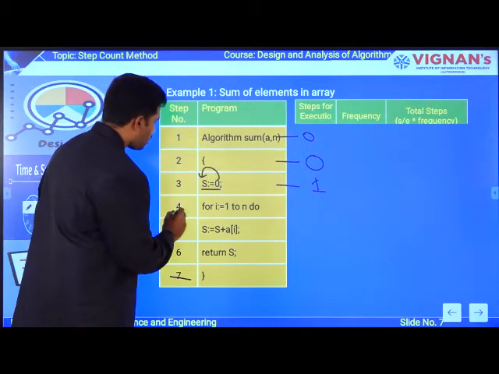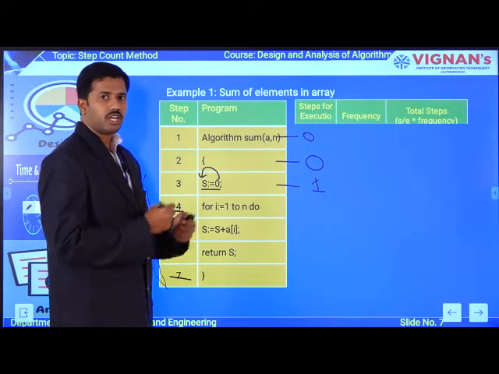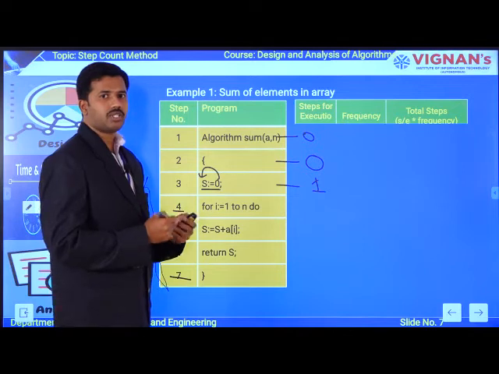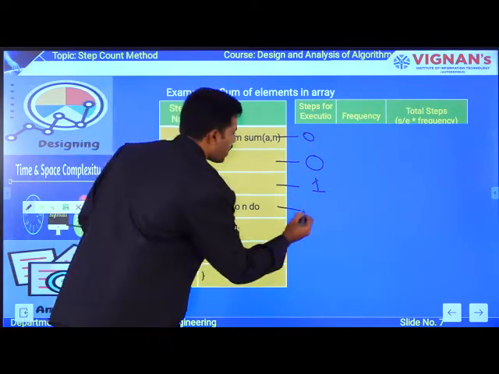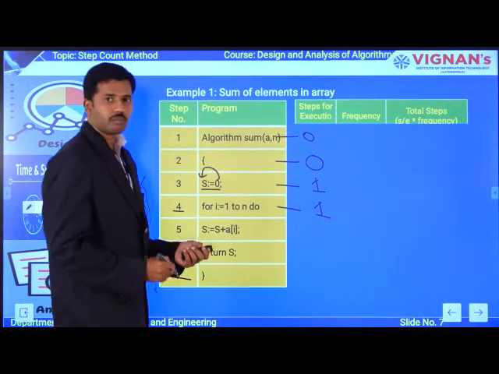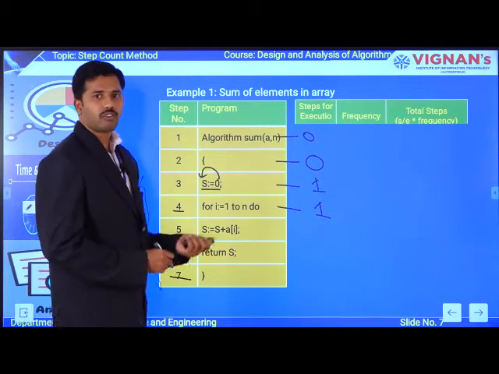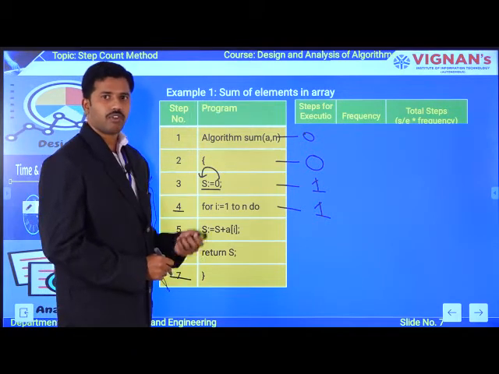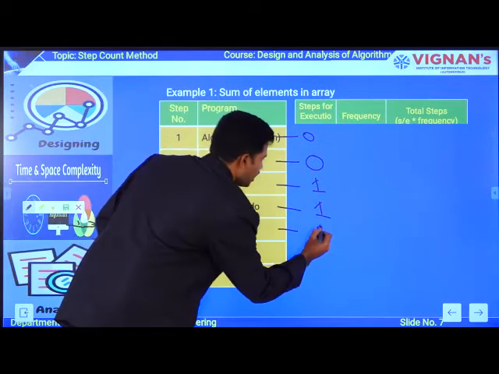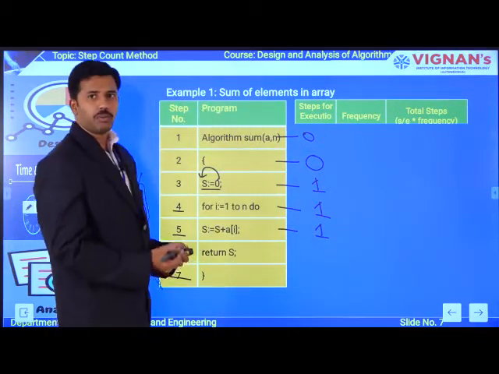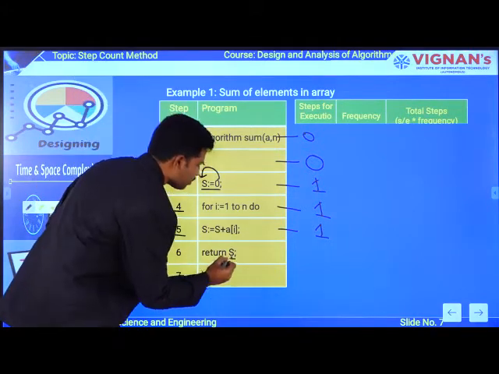Now coming to the fourth instruction, what do you have? A for loop. You are tracing the values from 1 to n of a particular array. Definitely it is an executable statement, so the value becomes 1. Now the fifth instruction is an arithmetic addition operation. If you are performing any arithmetic operation, it is considered an executable statement, so the value becomes 1. Now step number 6, you are simply returning the result.